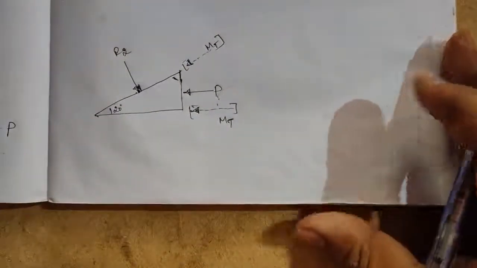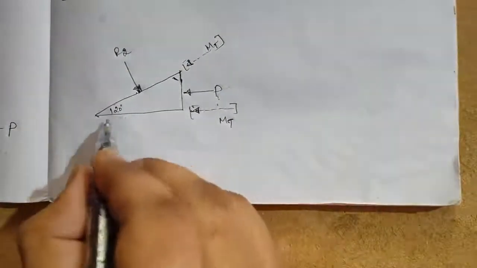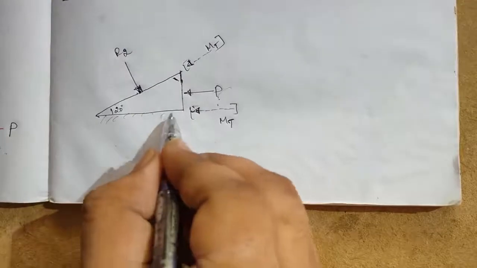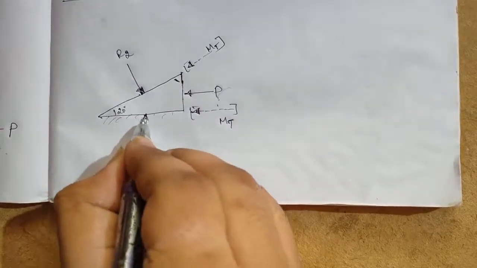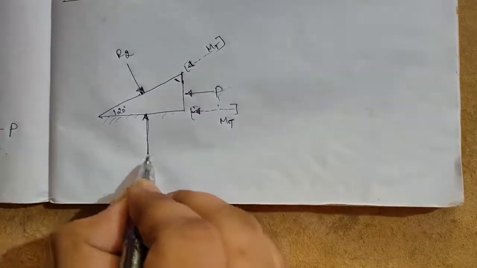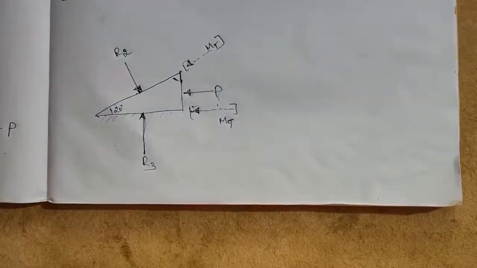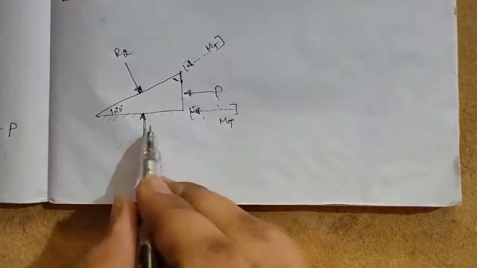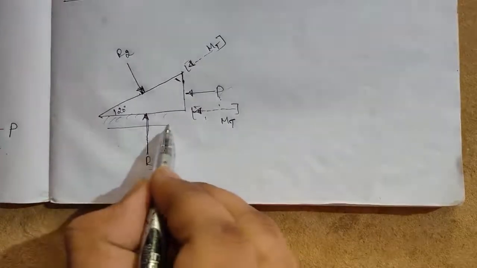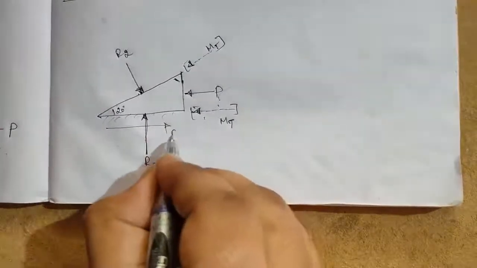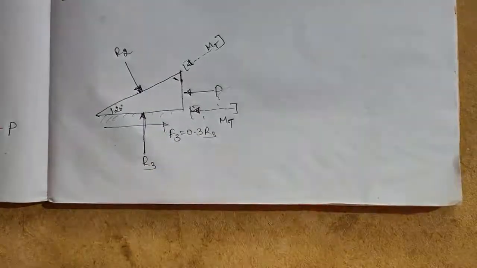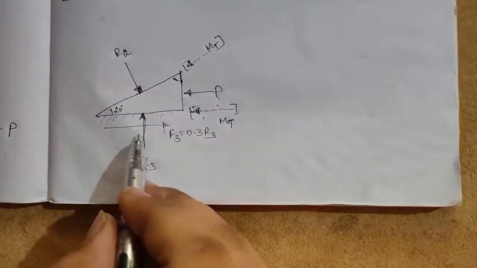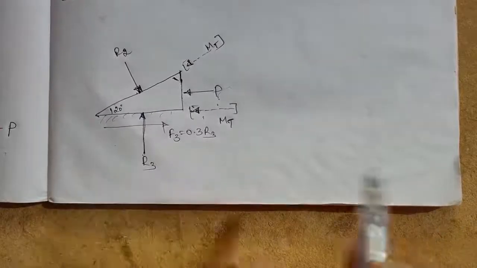Okay, then R2 we found, then another force will be there here, surface is there, so we have another reaction, that is R3. The motion trend is towards this, so F3 will be opposite to that, that is 0.3 R3. This is directly horizontal, this is directly horizontal, this is directly vertical, no problem.